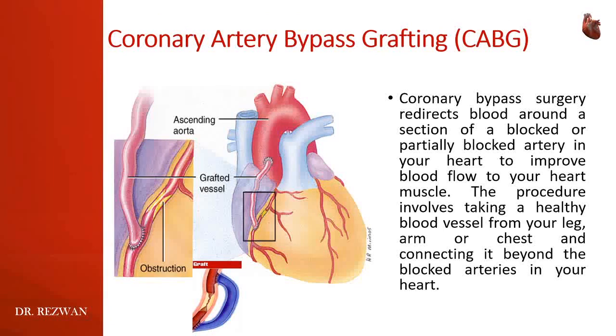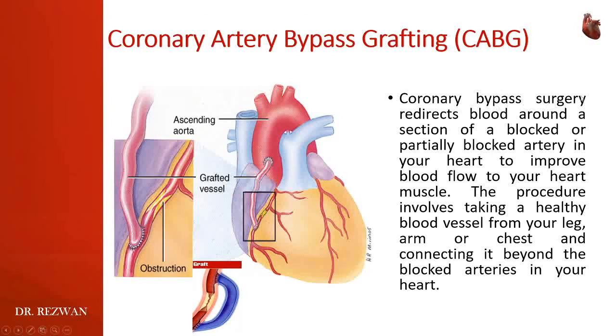What is actually happening here is we are using an extra vessel to bypass the obstruction. That means we are connecting the normal aorta, bypassing the blocked area, to the distal portion so that the blood can go from this aorta to the desired artery, and this blocked portion will remain blocked, re-establishing the blood supply by doing the bypass.